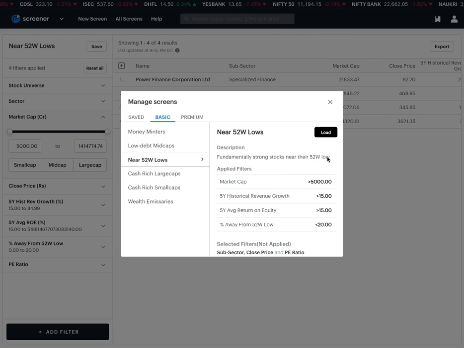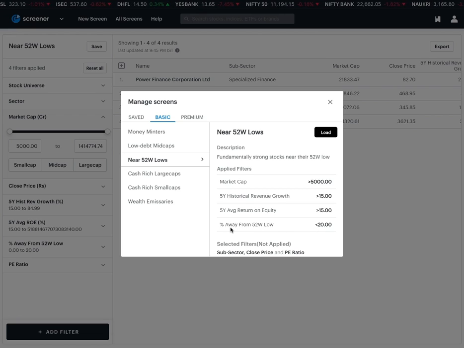So let's start with the 52-week low part. That is the easiest thing to understand. We have a filter called percentage away from 52-week low. Now this number is always going to be positive or equal to 0. So greater than or equal to 0 are the only values this number can have, obviously, right? You can't have a negative percent away from 52-week low, because that number would again become the 52-week low. So we want companies which are at most 20% away from their 52-week low. We could have changed this number to 10% or 15% as well. That depends on how your outlook is and how close a filtering you want to do.